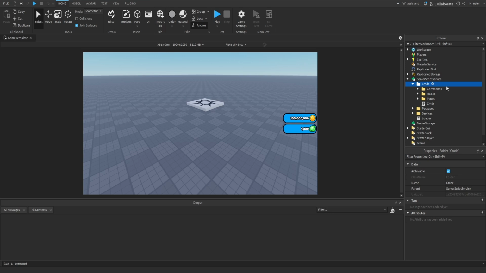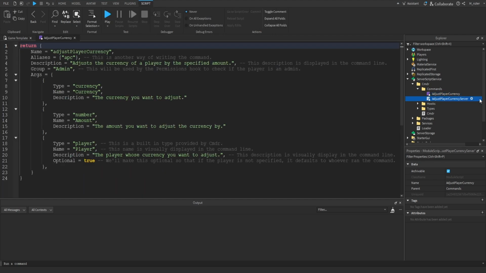It's extremely reputable and it's been around for a long time, so that's why we're using it in our projects. Now, we don't even actually create admin commands in every single one of our episodes. That's why we're going to go through this a little bit quickly. But to quickly touch on this, commands are created inside of the commands folder, and they're created by using two separate module scripts. So we can see that we've created one custom command here, which is the adjust player currency command, but there's two module scripts inside of here. One is named adjust player currency, and the other is named adjust player currency server. Let's go ahead and open up both of these.